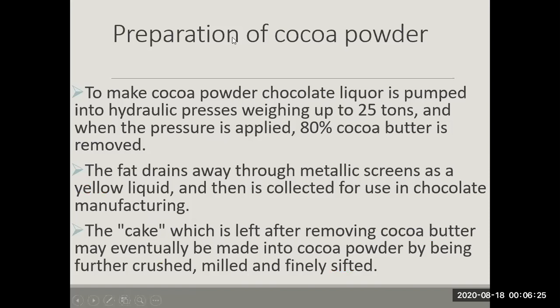Now we prepare the cocoa liquid or chocolate paste. We can also prepare cocoa powder from this step. How is it done? It's like this. After preparing the chocolate paste, it is pumped into a hydraulic press, weighing up